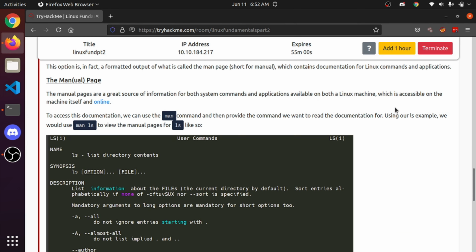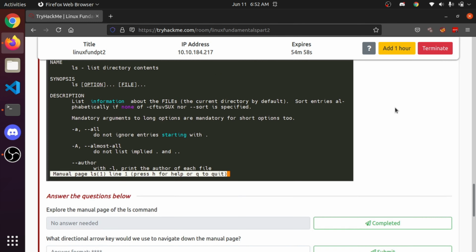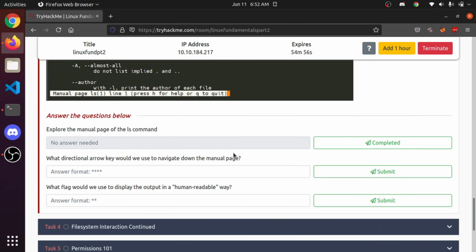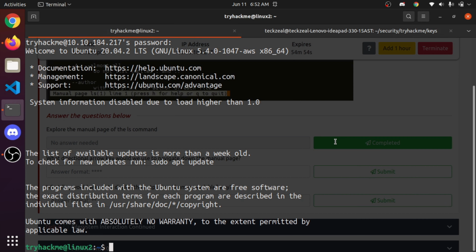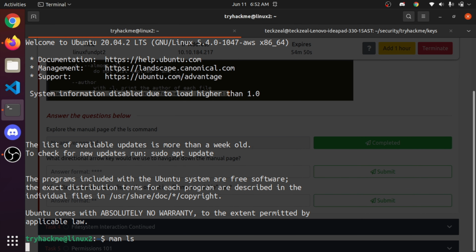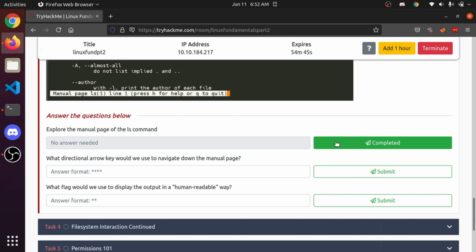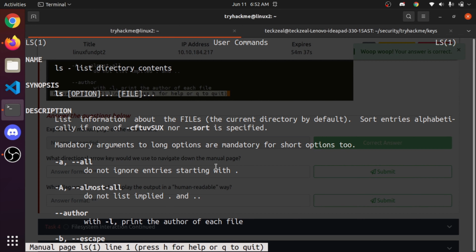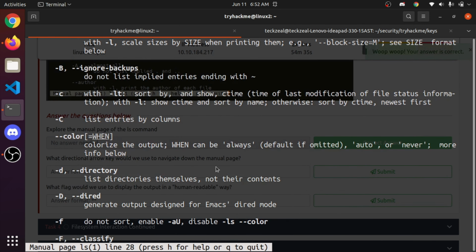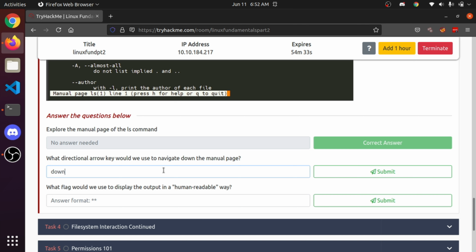Same as before, previously we saw the manual pages. Explore the manual page for the ls command. Let me check man ls. Completed. What directional arrow key is used to navigate down the manual page? Mostly we'll use the down arrow key, so we'll check here, down.